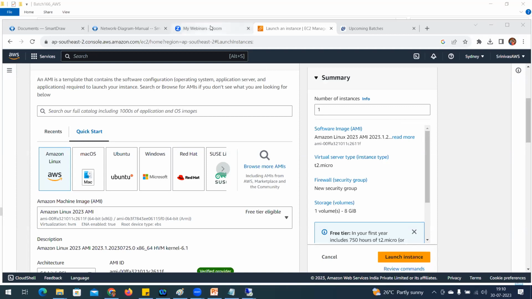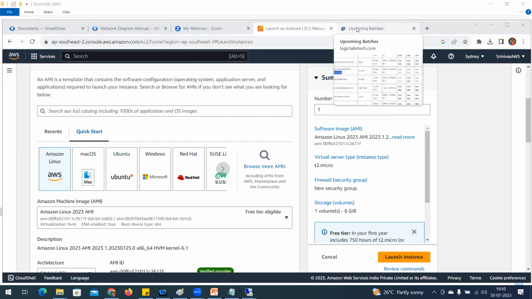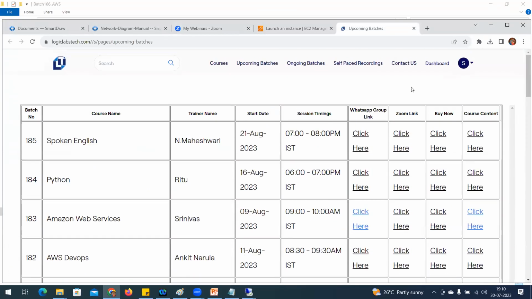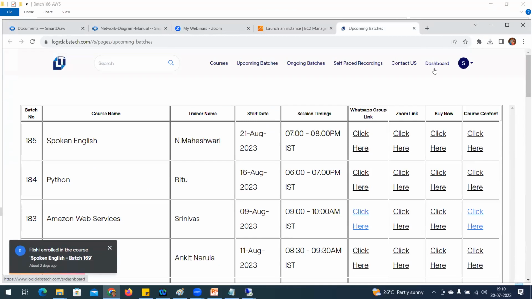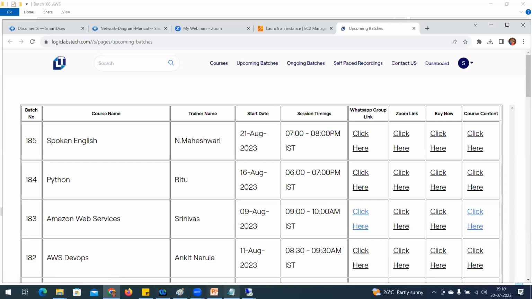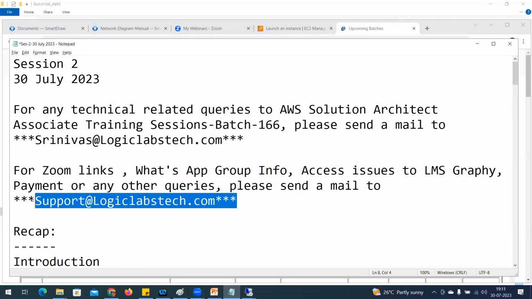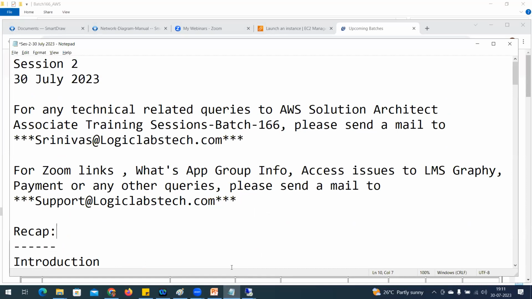As soon as you log into logiclabstechnologies.com, you can find your registered courses details under the dashboard. If you are not able to find that information, you can contact the support mail ID, support at Logic Labs Technologies. They can assist you. Okay, thank you, sir.